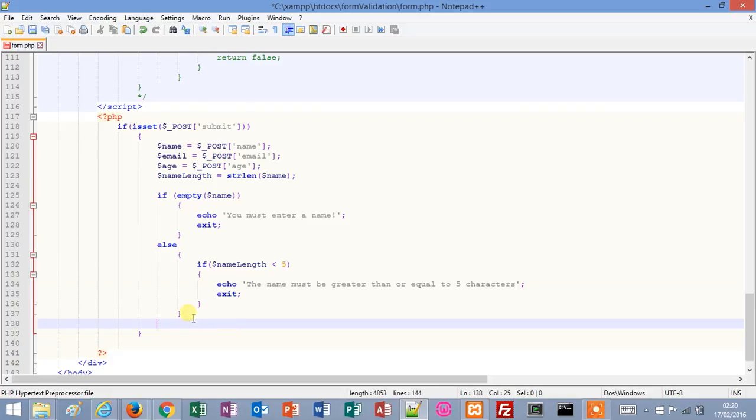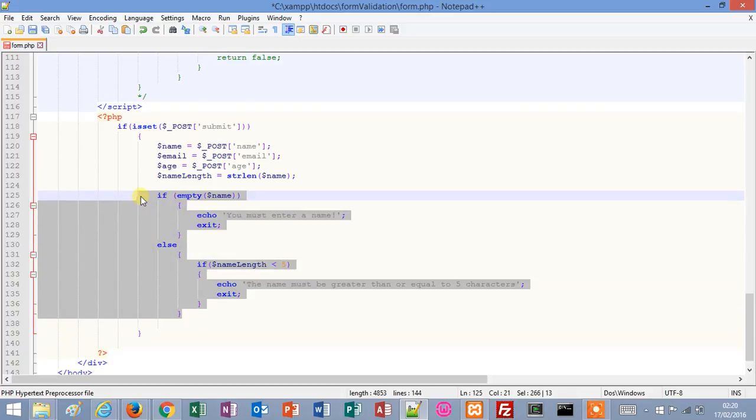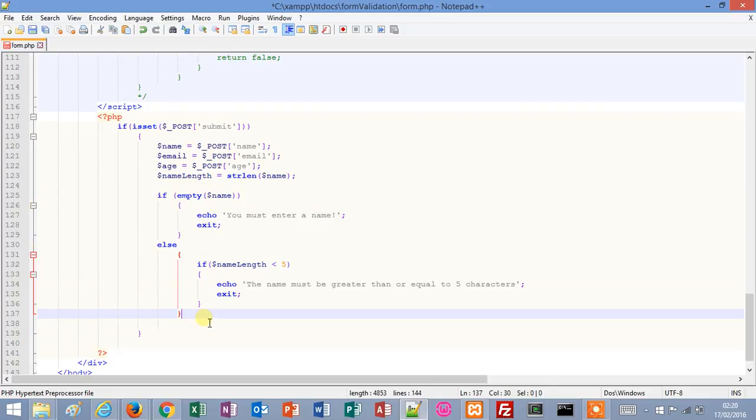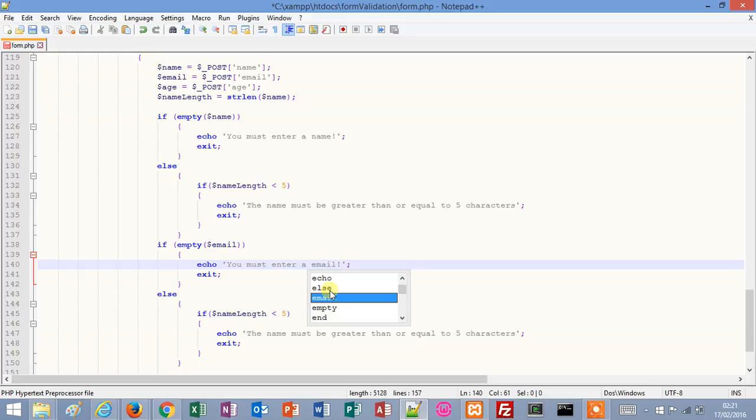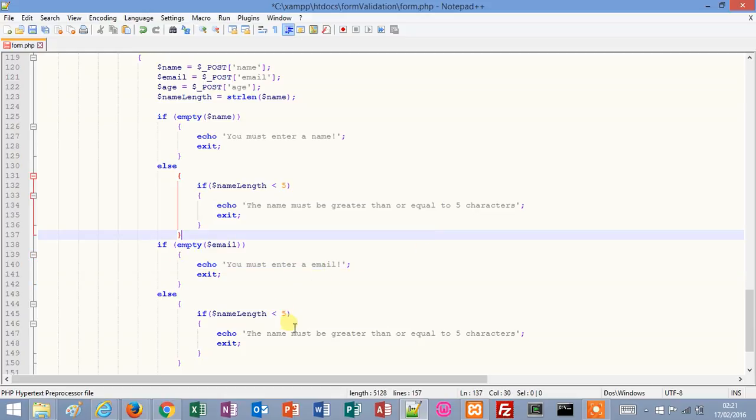Save a bit of time. If empty email, you must enter email. Regard to the email validation, we will use if